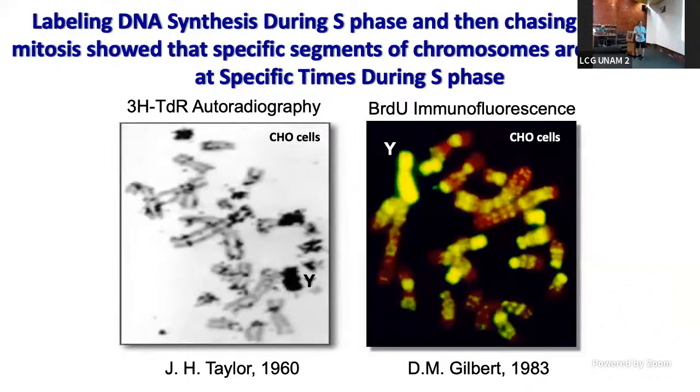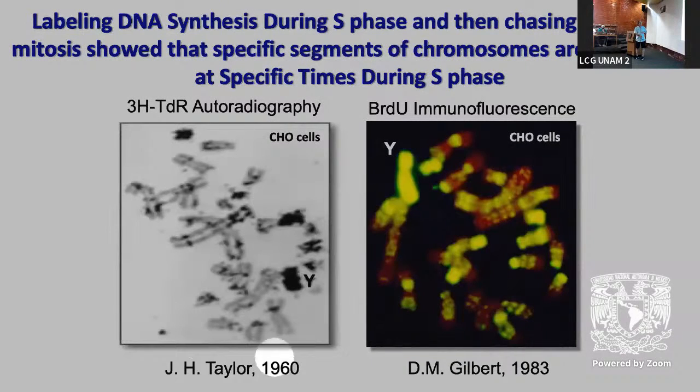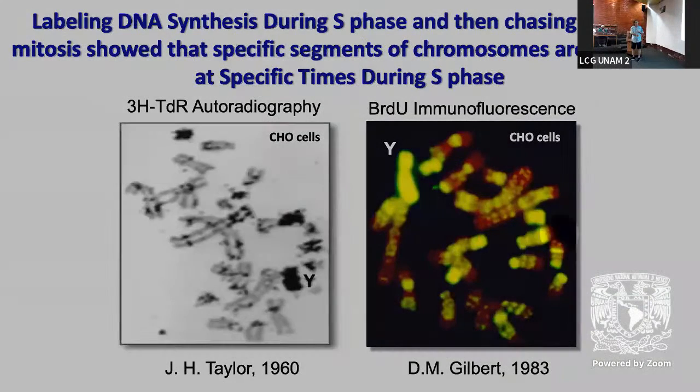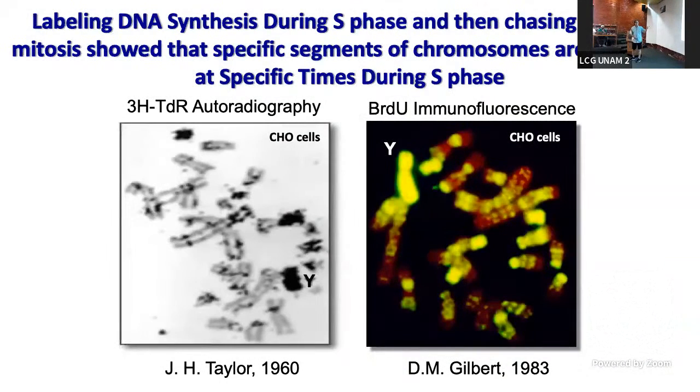However, I want you to also see that this is about 25 years, and this is about all the progress we made. Okay, so from the questions that were defined by J. Herbert Taylor to what we know almost now, but certainly back in 1983, what regulates this program? He proposed that it must be genetic because it's recurrent. What regulates the initiation of replication? What regulates when things replicate? And what is the biological significance of this program? Okay, so those have been sort of the questions that have driven my career.